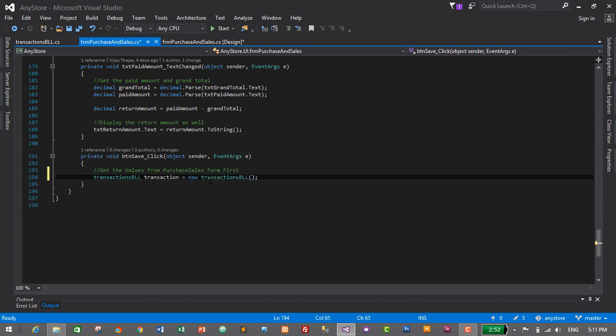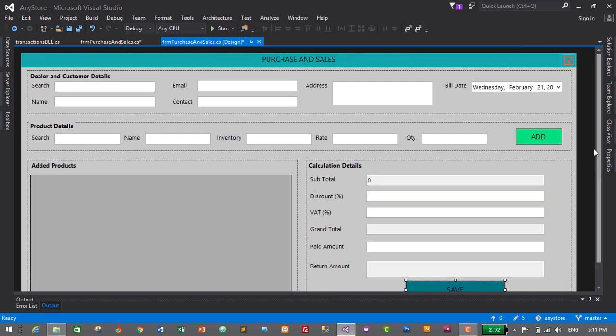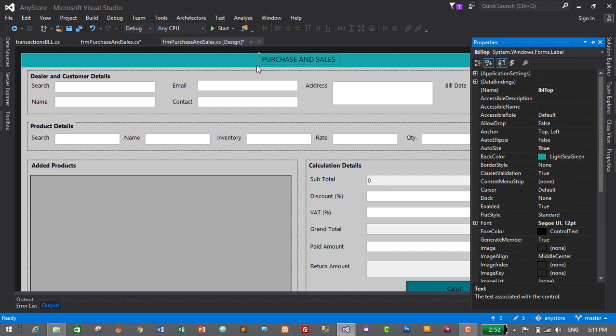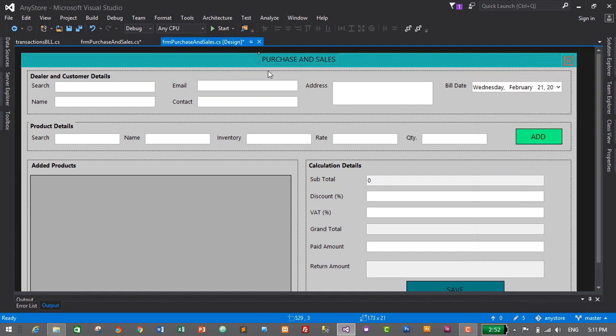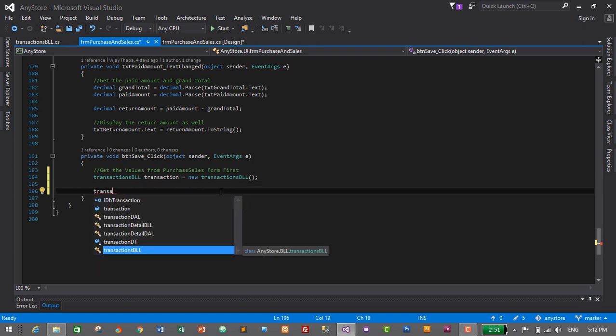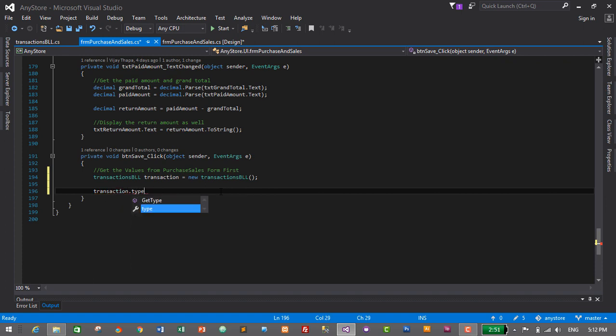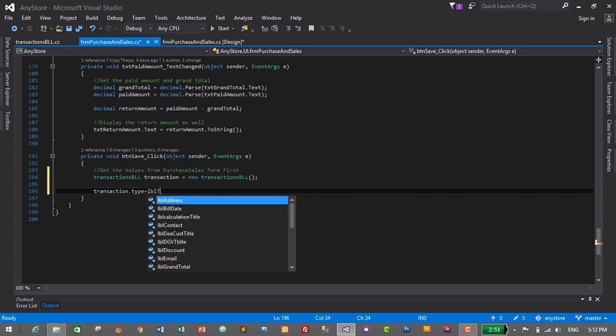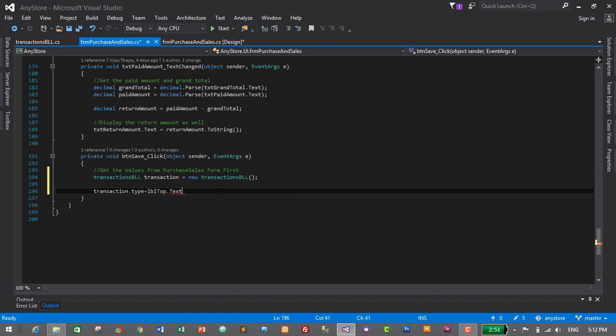So that's it. Now first we need to get the type of transaction, which is displayed on this label. Let's get the name of this label, which is lblTop. This shows whether it is a purchase or sales. Based on that label we will add a value in the database. So transaction.type is equals to lblTop.Text, and similarly we need to